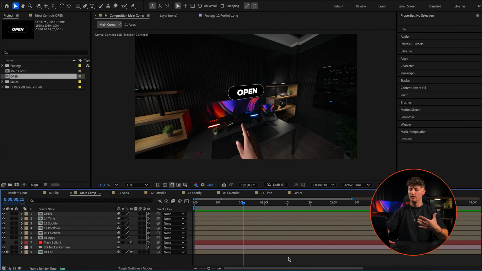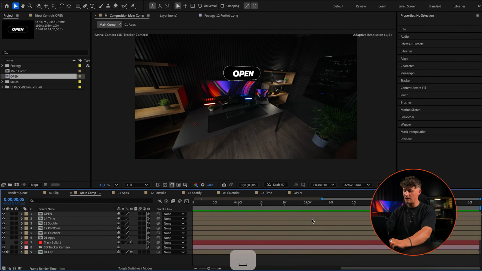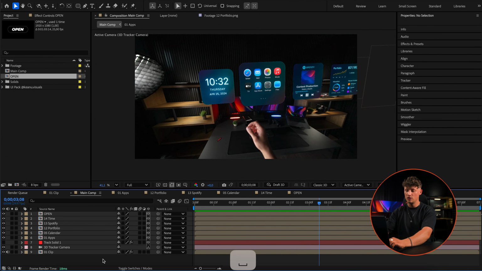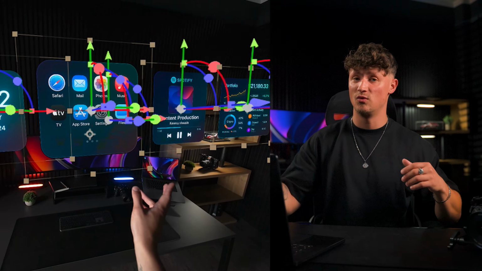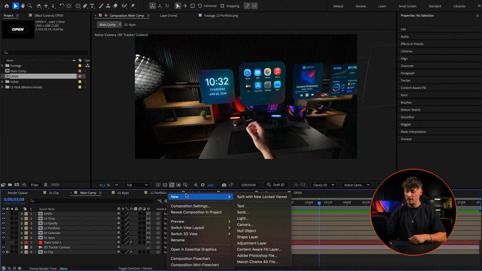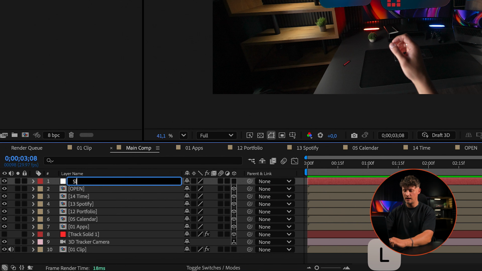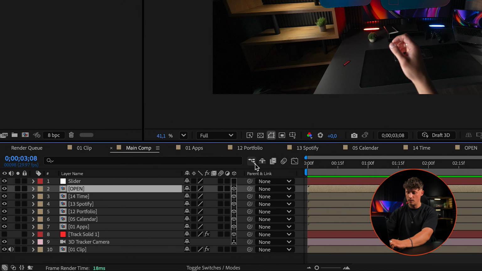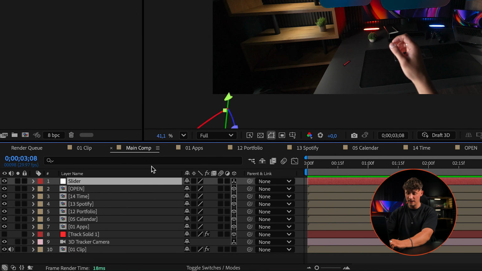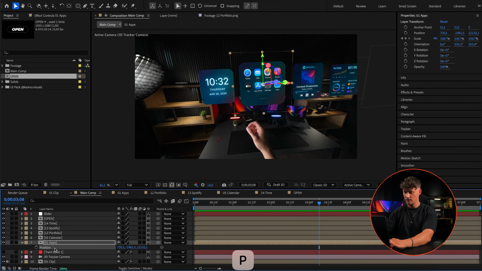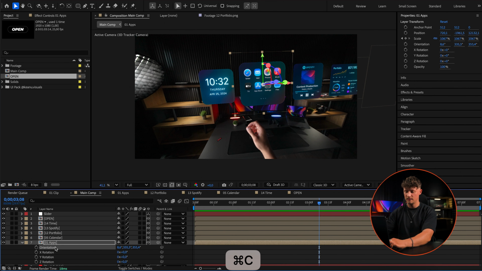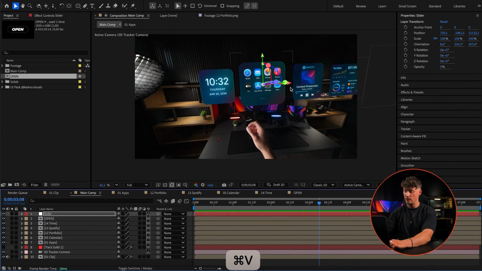Awesome. So that's how I build and think in this choreography kind of way. But first of all, we kind of need to build all of those transform animations to bring in the story, to actually make everything fit our choreography. So now to animate all of those rows going left and right like this swipe effect, we're gonna create a null object here, which we can call slider, for example. And now we make the slider actually also a 3D layer, and we're gonna paste the position and the rotation of our apps HUD again. Boom, and now it stays at the same position as all the other shapes, which is awesome.